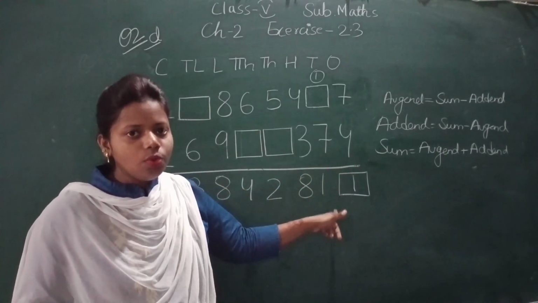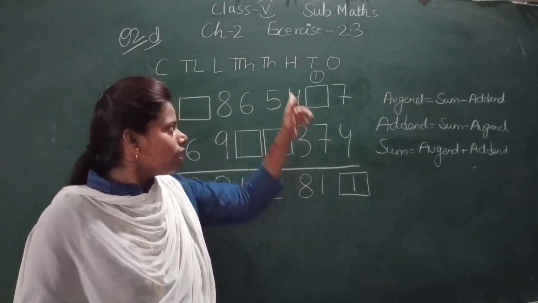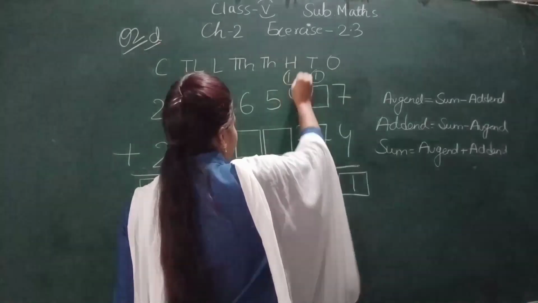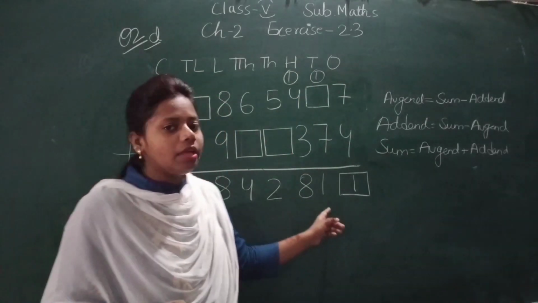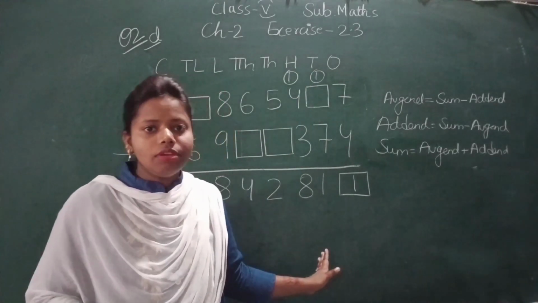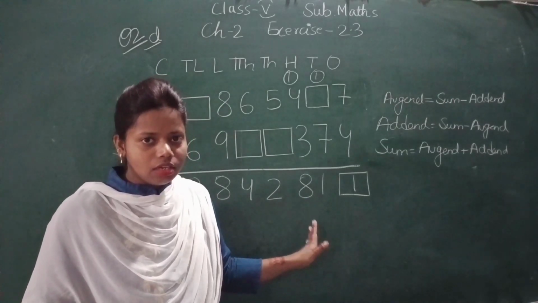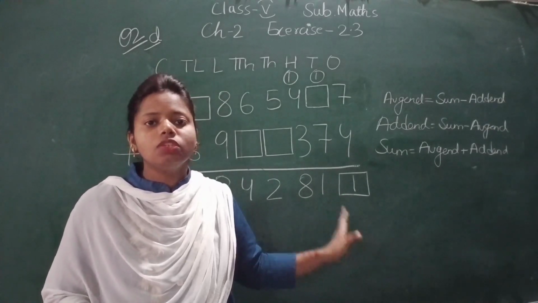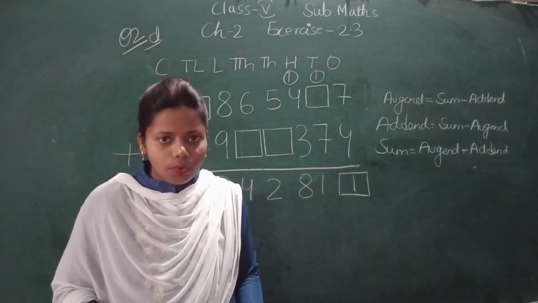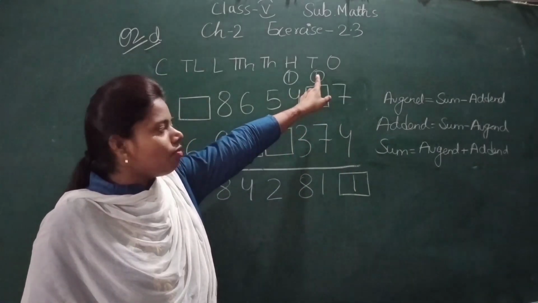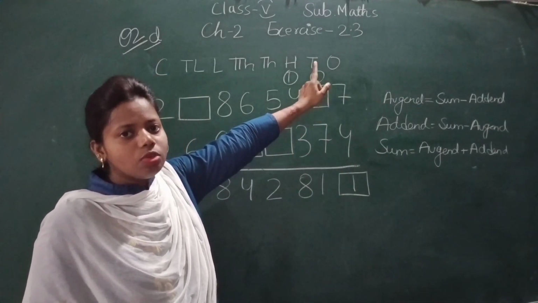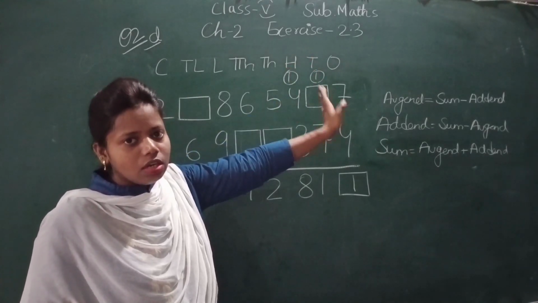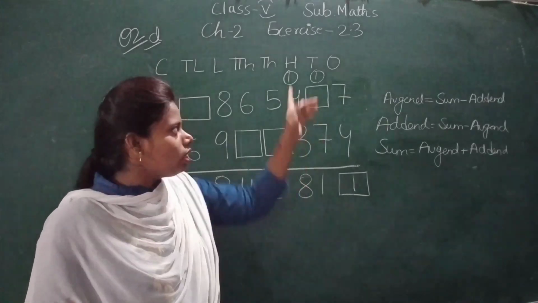So what do you have to do? We have to give 1 carry over to the hundreds place. So this 1 will become 11. Now we can subtract 7 from 11. So 11 minus 7 is how much? 4. 11 minus 7 is 4. But can you see we already have 1 over there? This one is the carry and already 1 is there. So we have to complete this 4.